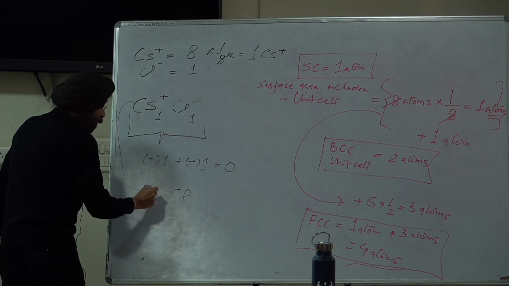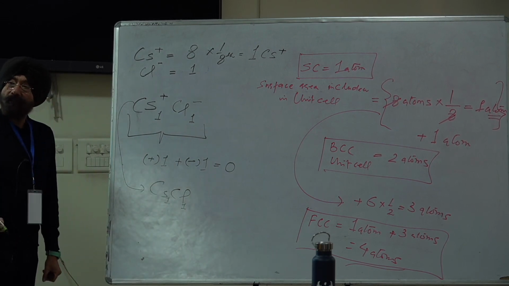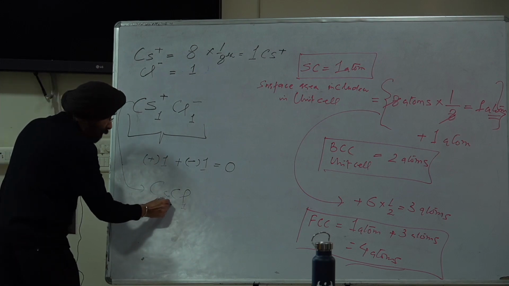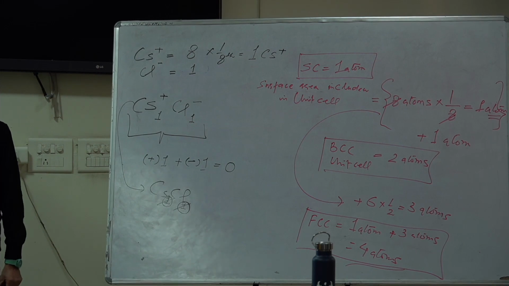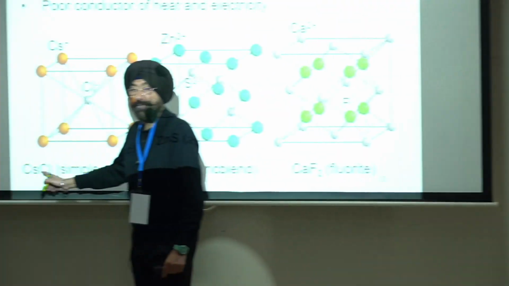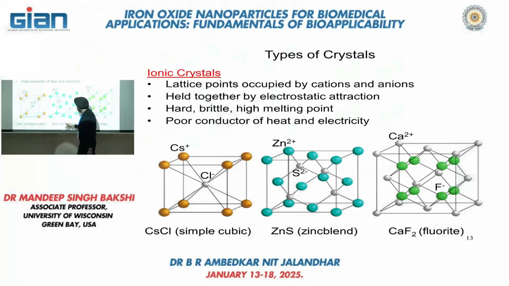So therefore, when we have to write it, we will write cesium chloride. We will not write the subscript. Right? It is automatically understood that one positive charge is balanced by one negative charge. That is the meaning of this formula. So this is the way we draw it. Now we have to prove that